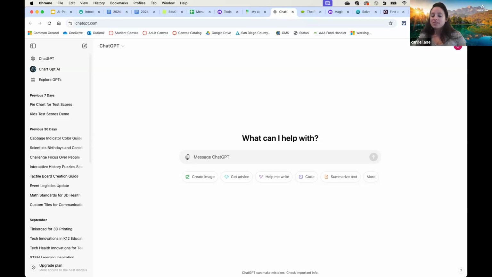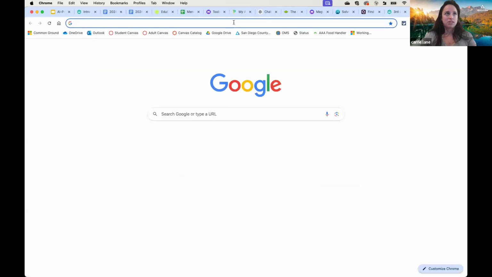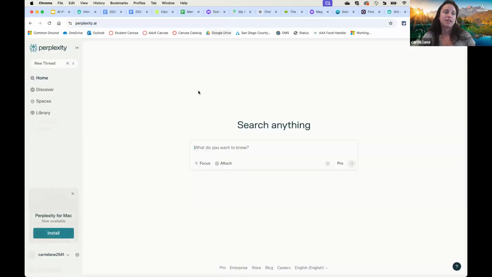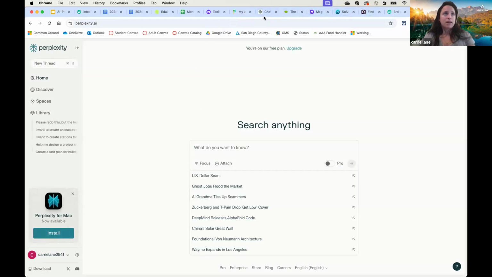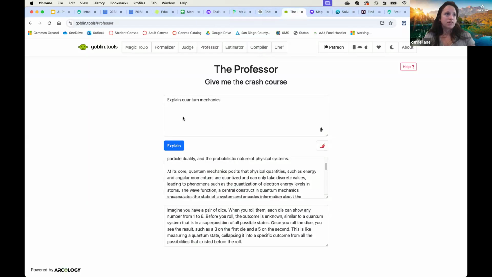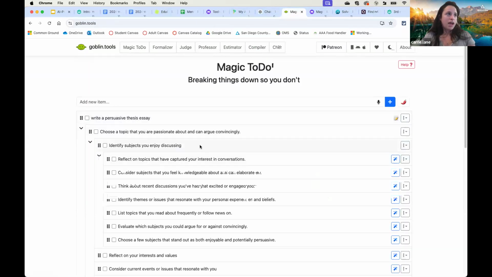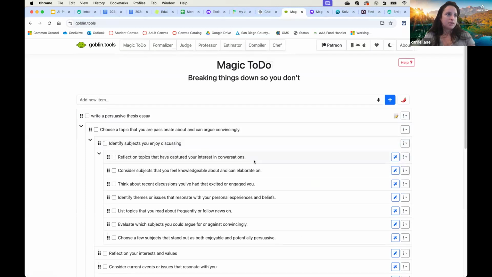But with that being said, if you want something for students where it's also going to have resources, you could take something you got from those steps and then use an AI to, and I can show you since I have ChatGPT or any AI pulled up. I actually, for this one, I'm going to use something called Perplexity just because I like that it comes with sources. I'm not sure if any of you have heard of Perplexity, but Perplexity, if I say, for example, on my Goblin Tools, let's go back to my Magic To Do, and I want to say this.